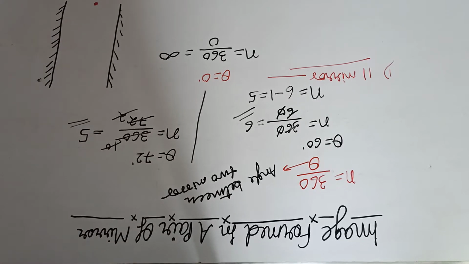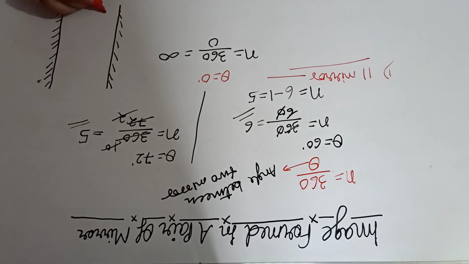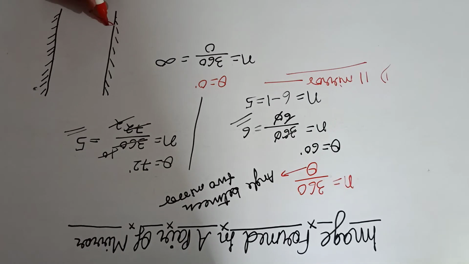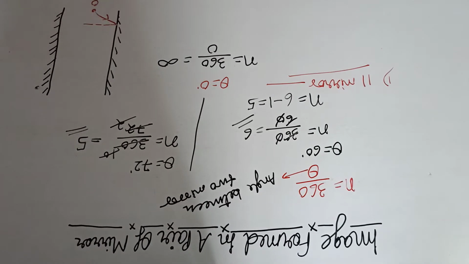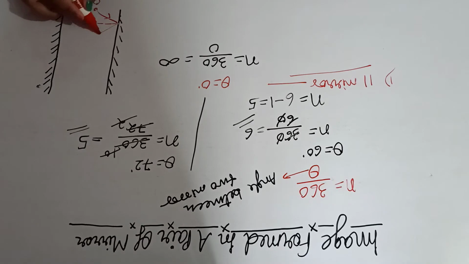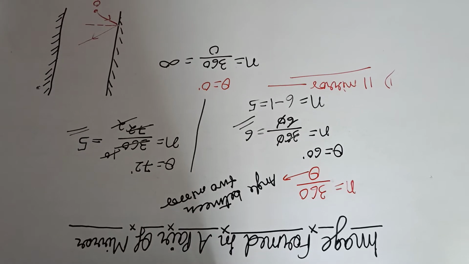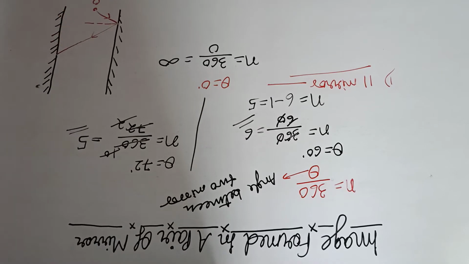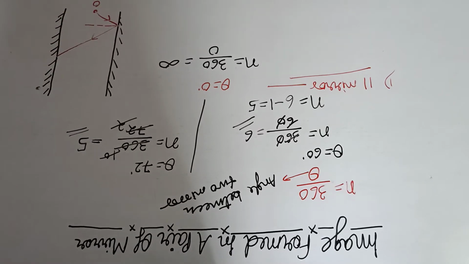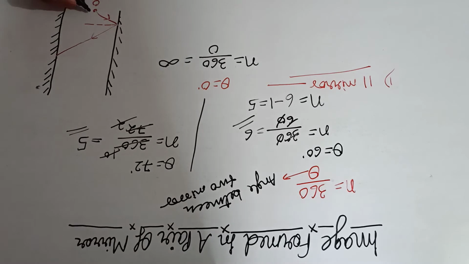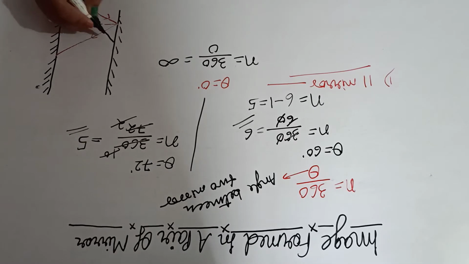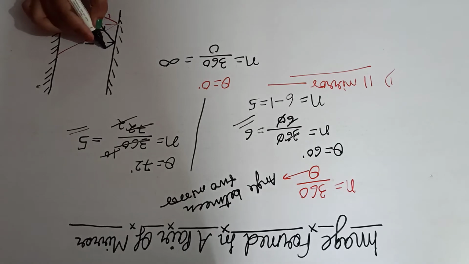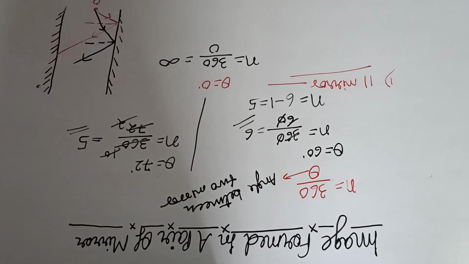We have the object O. We have the first incident ray. As we all know, we cannot draw the reflected ray without drawing the normal. This is the normal, and we have this reflected ray. This reflected ray will behave like the incident ray for the second plane mirror. But an image cannot be formed by taking a single ray, so we are going to draw one more ray. This is the second incident ray, normal and the reflected ray.